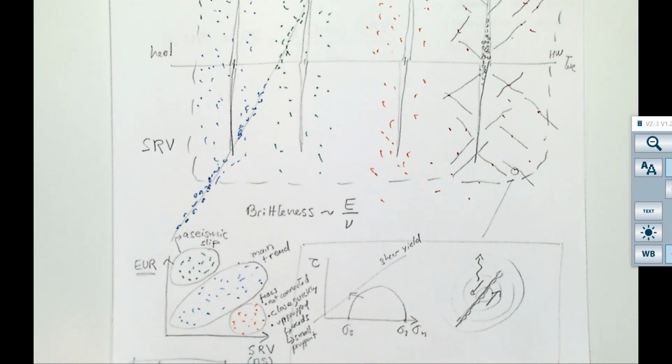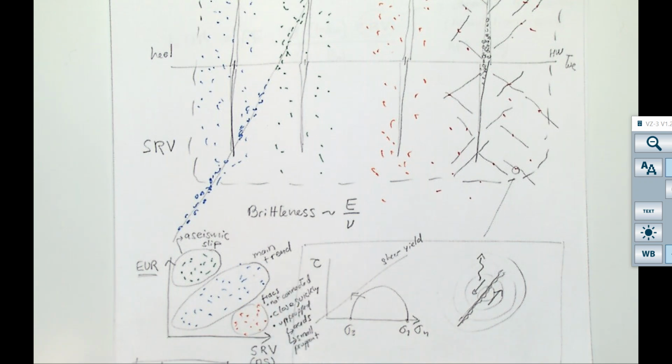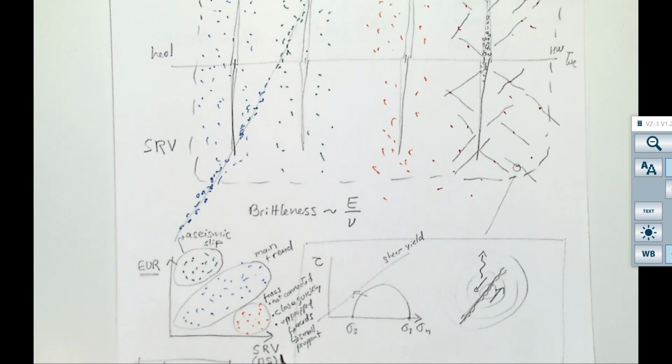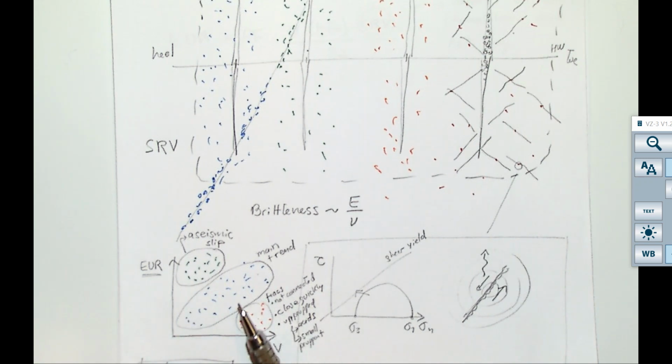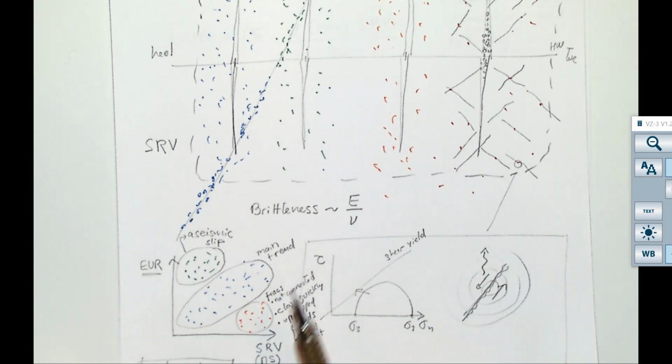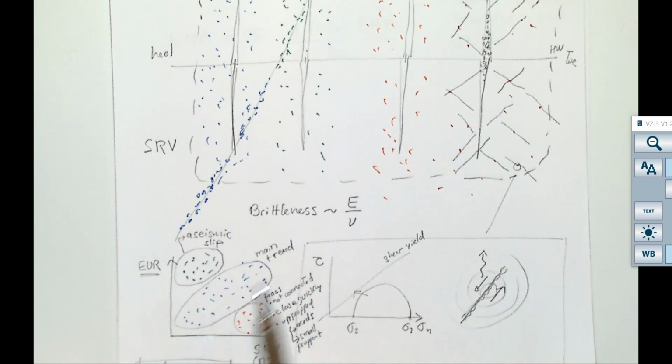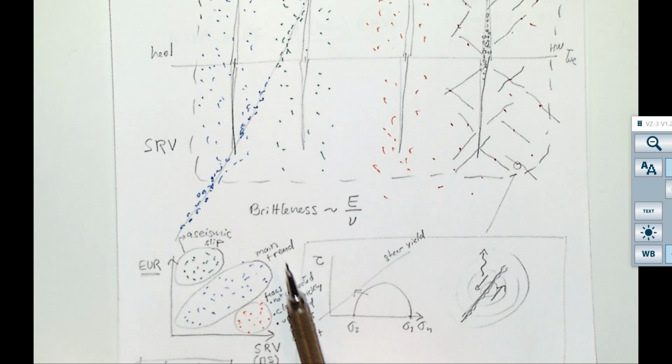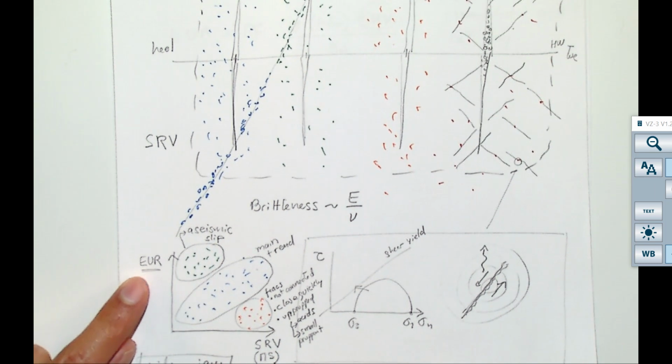And something that we said is that we can use the size of that microseismic cloud that we call SRV in order to tell what is the estimated ultimate recovery, which most times or in general is not going to be in a straight correlation because there are some outliers, but many times, especially if you know your formation, you could establish a trend of what is the estimated ultimate recovery with the